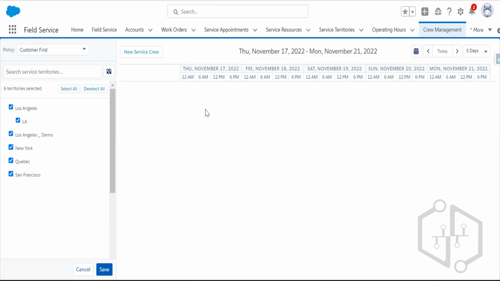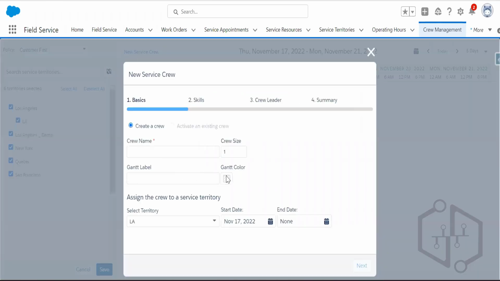Yeah. So look at this. Here, the new service queue button is there. I have given that permission, so the new service queue button is there. If I click on new service queue, yeah, this page is coming. You can create a service queue from here. Okay. So suppose LA